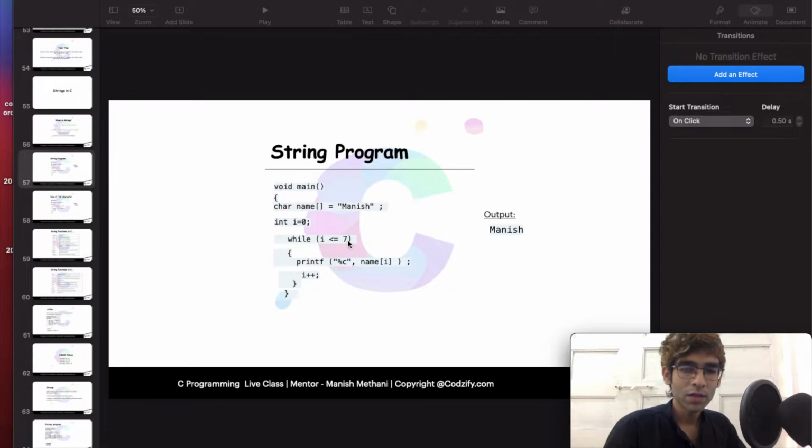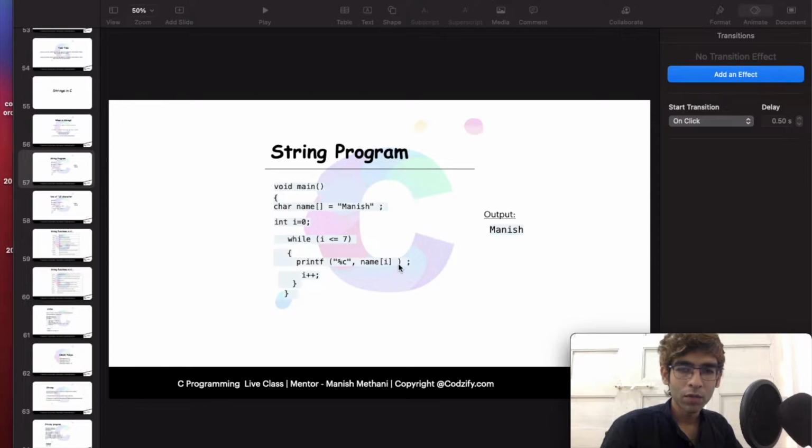So i less than 7: 0 is less than 7, print the first character, name of i, name of 0, which is M. Then i plus plus, i is equal to 1, 1 less than 7, the condition is true, print name of 1, which is A. Then i is equal to 2, 2 less than 7, name of 2 is N, print N. Then i is equal to 3, 3 less than 7, name of 3, I.